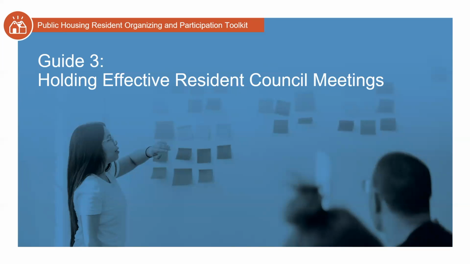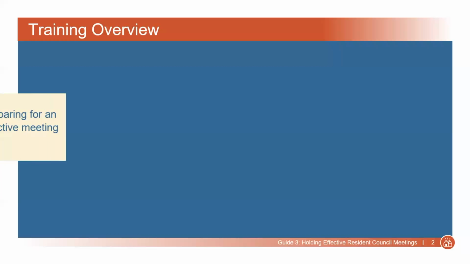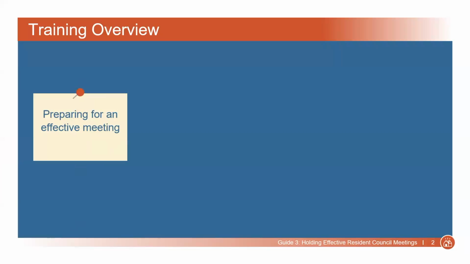This training is based off of Guide 3, Holding Effective Resident Council Meetings. As you go through the training, you may want to refer to the guide. In today's training, you will learn how to prepare for and run effective resident council meetings. Resident council meetings should be engaging and productive so that residents feel their time is well spent and that the organization is making progress. This training will discuss how to prepare for an effective meeting,